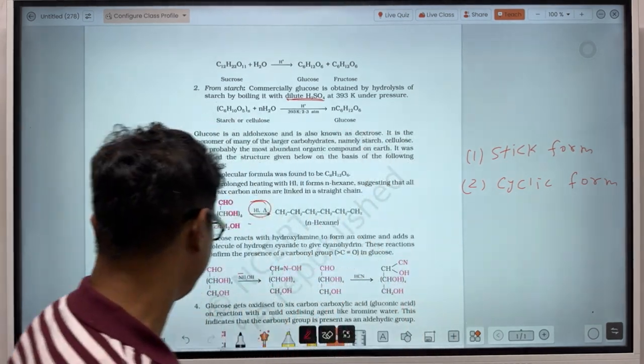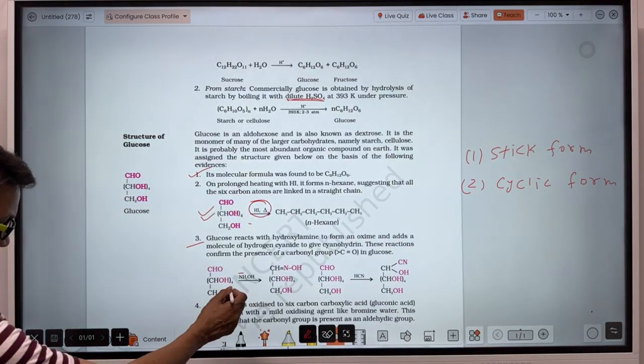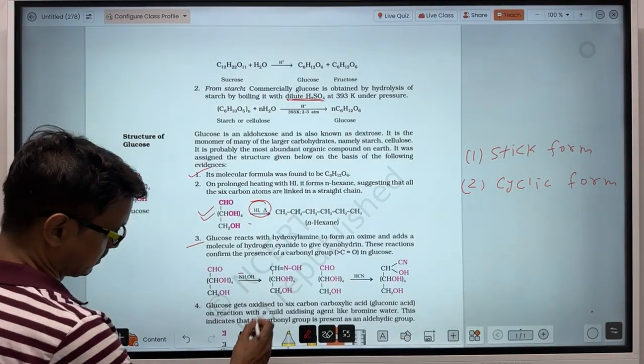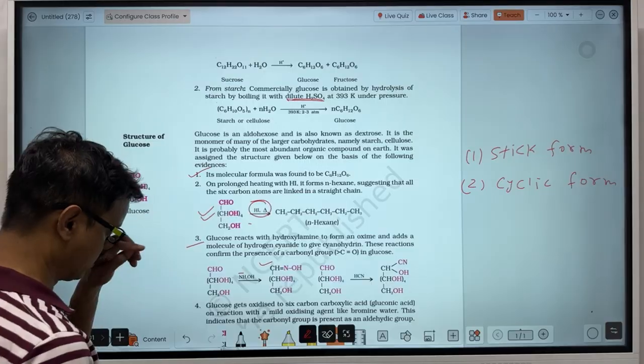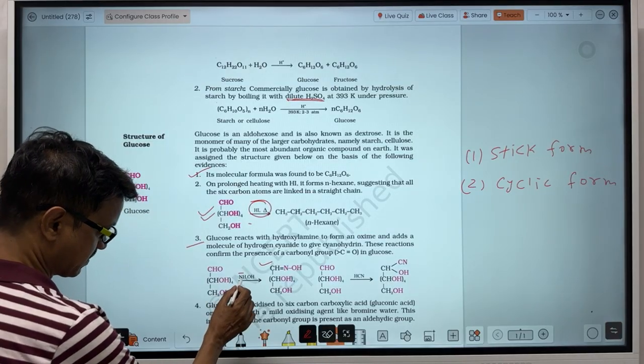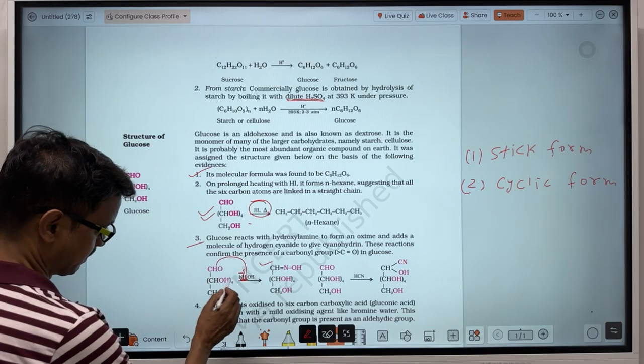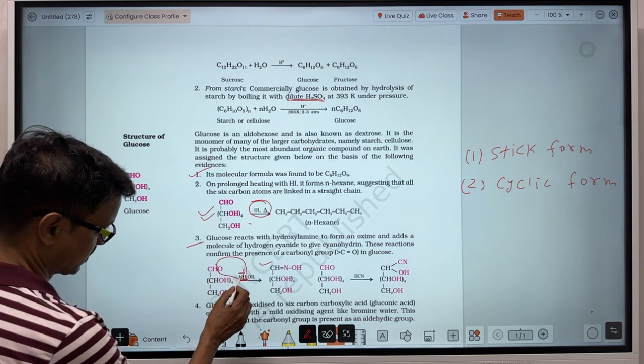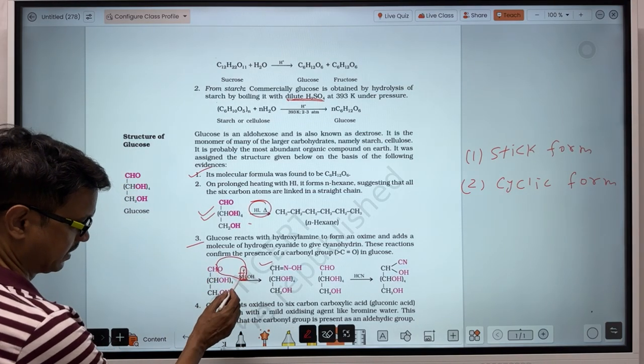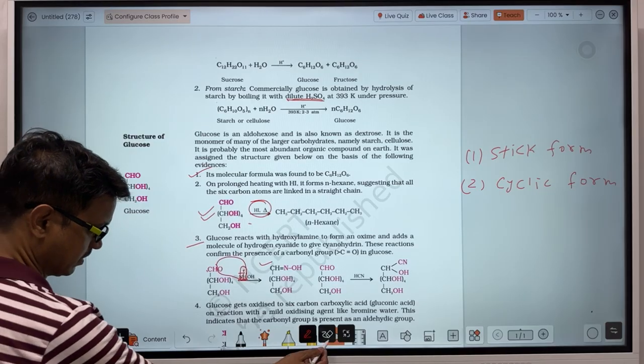So let's see here what happened. When NH2 bonded, there is formation of this compound. How? Because both the hydrogens of this NH2 combine with this oxygen and form H2O, and this nitrogen gets bonded to this carbon. Listen again,